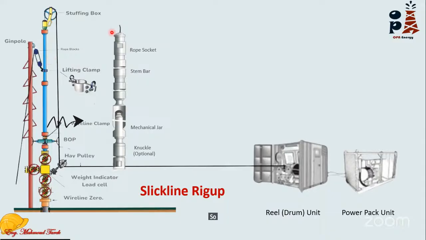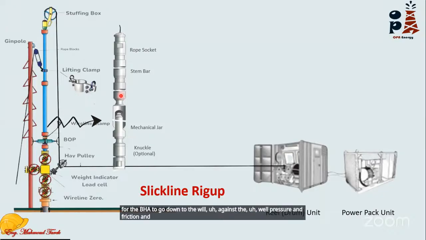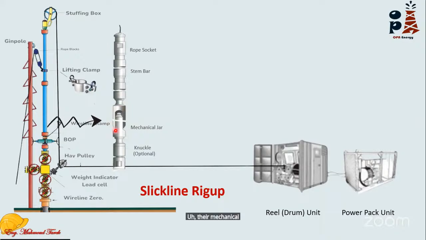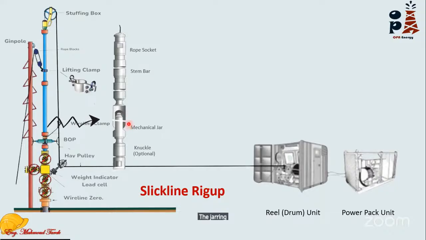The Slickline will connect to the BHA, the bottom hole assembly, by the rope socket, and underneath it stem bars give the required weight for the BHA to go down the well against the well pressure, friction, deviation and so on. The mechanical jar is connected to the stem bars. The mechanical jar is a component essential for a jarring effect. I can do the downward jar or the upward jar; the jarring, striking or hammering effect can be maintained by the mechanical jar